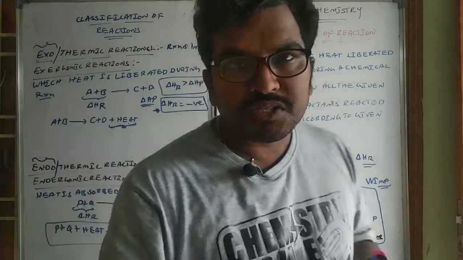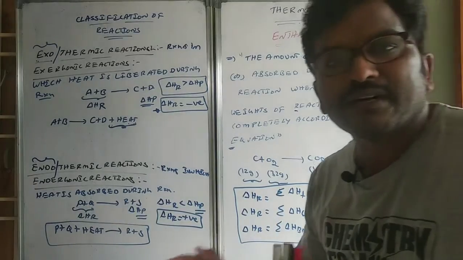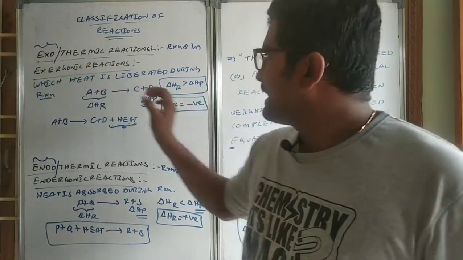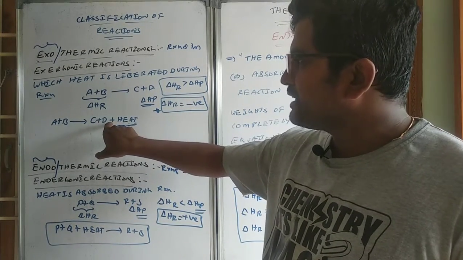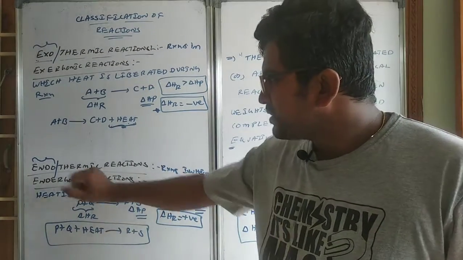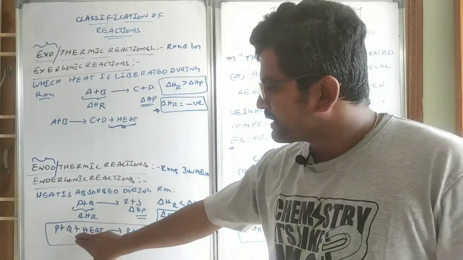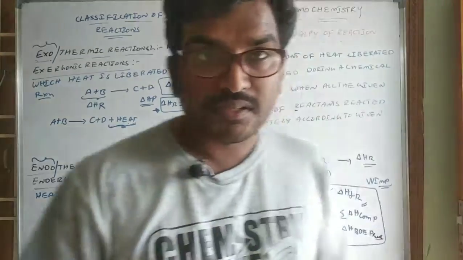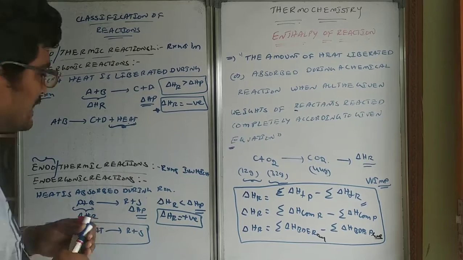Like this, we can study the enthalpy of reactions and different types of reactions. This is very important. The confusion will be: exo means delta HR is negative, and when it comes in the form of heat, on the products side we will write the heat. Endothermic reactions means delta HR will be positive, and on the reactants side we will add the heat. So be careful with this. Hope you understood this.